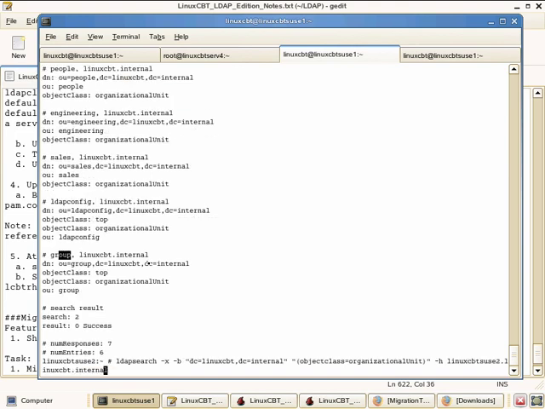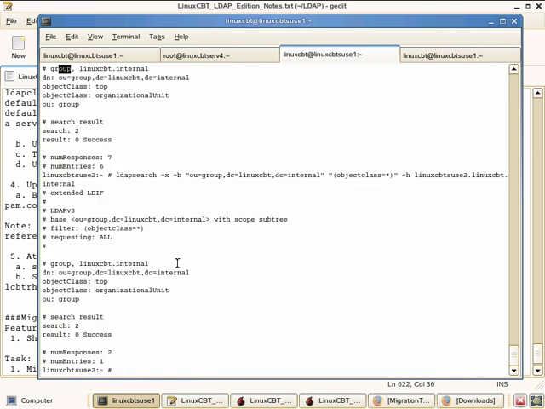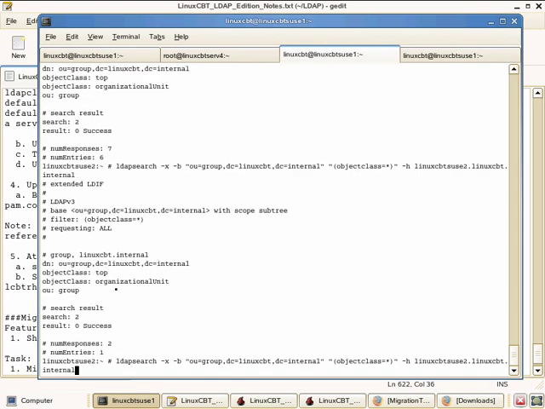Now let's query the group OU by changing the search base from dc=linuxcbt,dc=internal, or the base DN, to ou=group, and then a search for any object using the wildcard star. And notice the only thing that was returned was the group name itself, the base container, the organizational unit. So there are no groups migrated. Now groups live in /etc/group. So